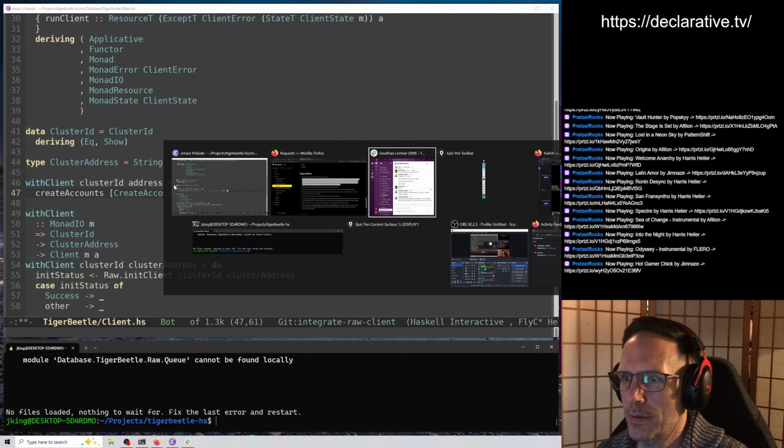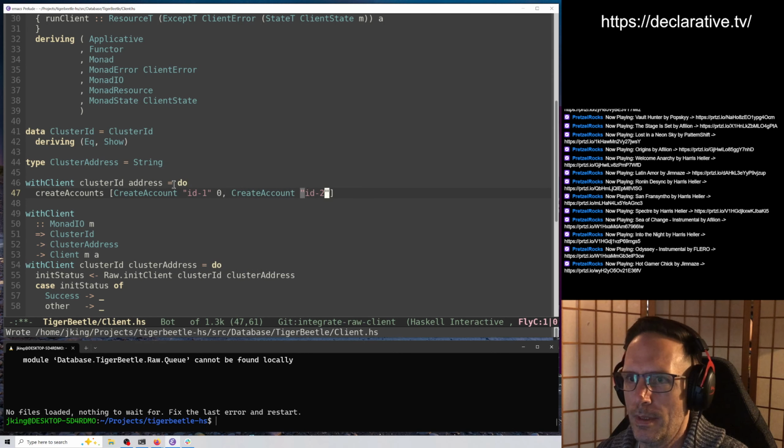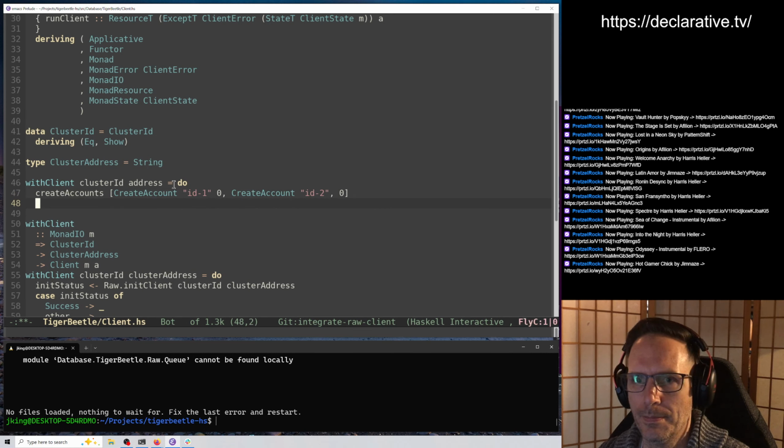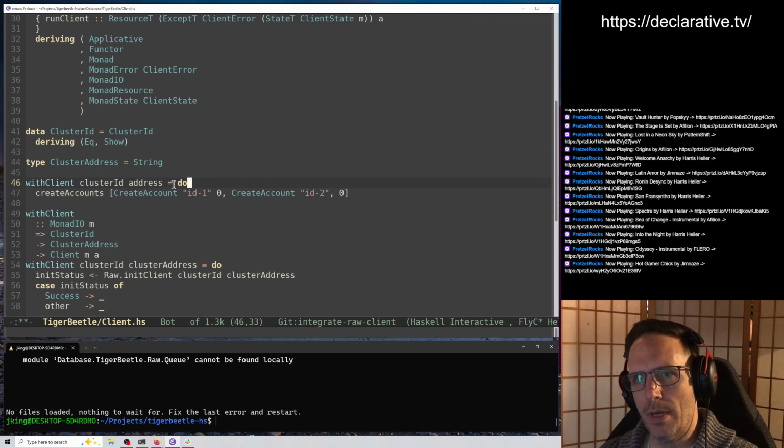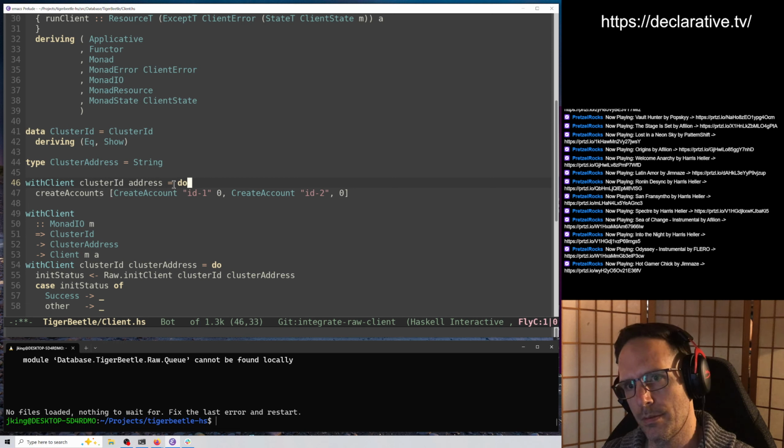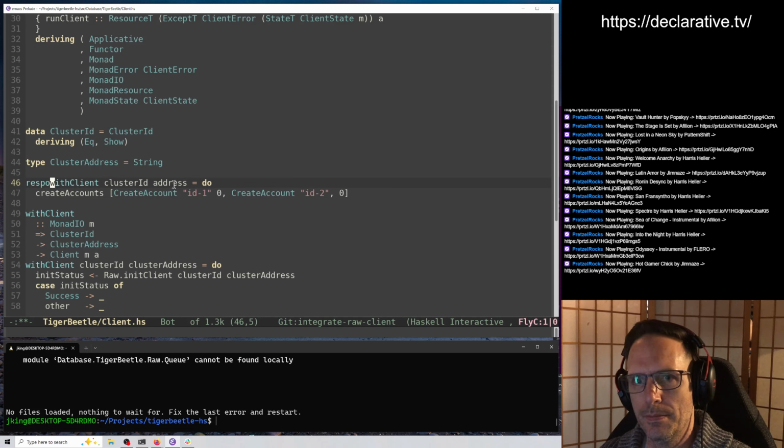ID2, for example. Alright, starting balance is 0. Alright. And this code run by itself should make one call to the TV client API, right, to create those accounts. Now, what's with client going to return to us? Like, is it a result like this? So we can bind the result? Or,